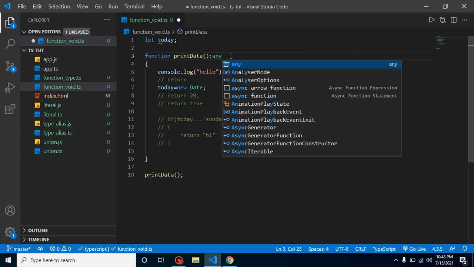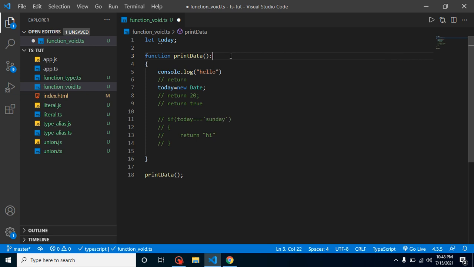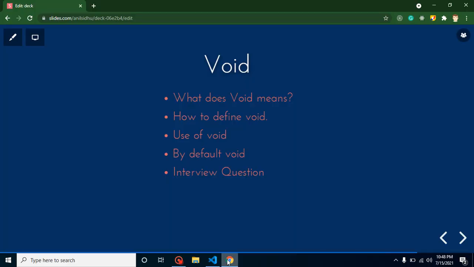Yes, we can, but this is not actually useful, because if we don't put anything, it can still be anything. So why put any here? It is a useless case, and it removes the power of TypeScript. So we should avoid the any type, and we cannot use undefined. These are the two interview questions, and thank you so much for watching this video.